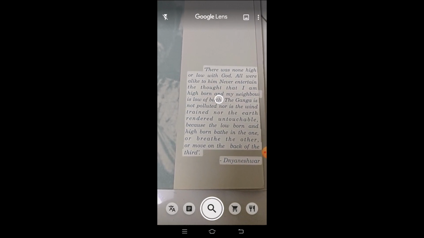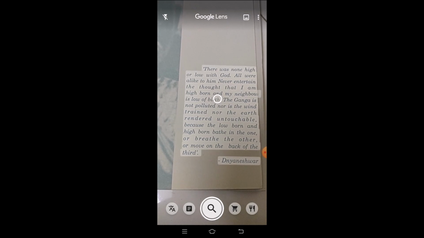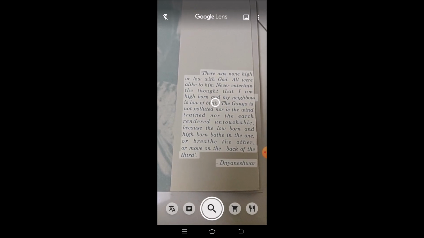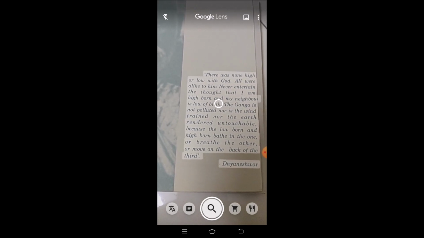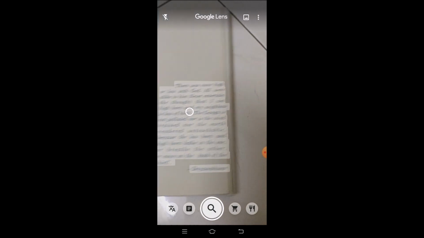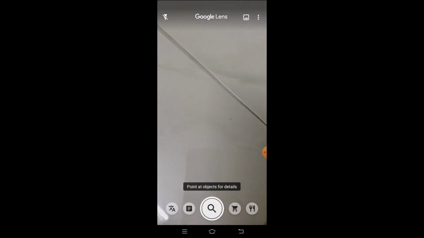Automatically it is going to select the text, and it is allowing you to perform various operations. Okay, so this way it is the next option, and that is text. Now we'll move on to the third but most important option provided by Google Lens, and that is automatic detection.